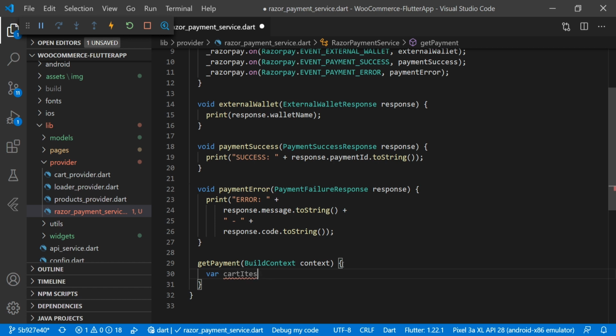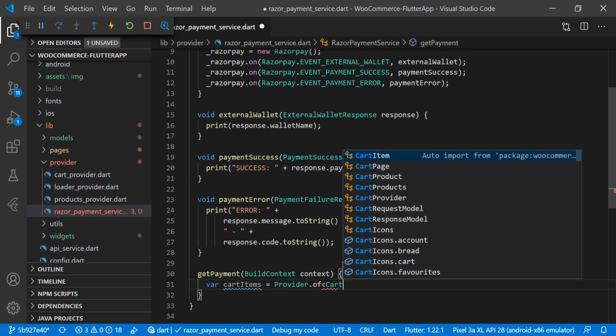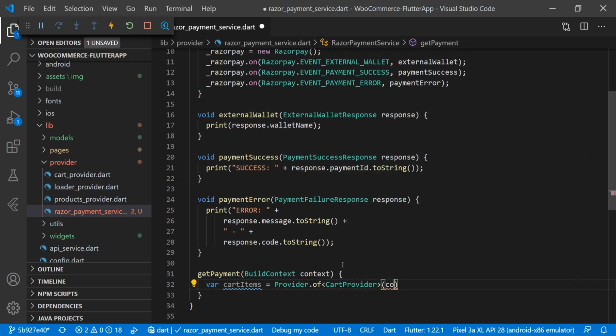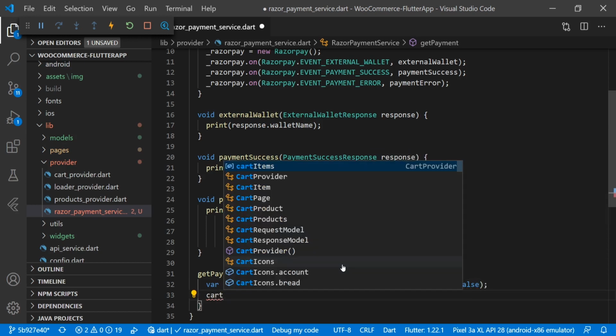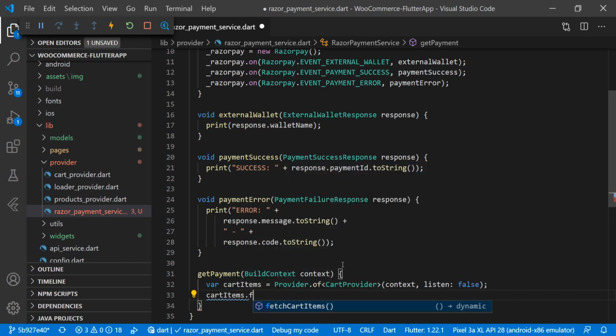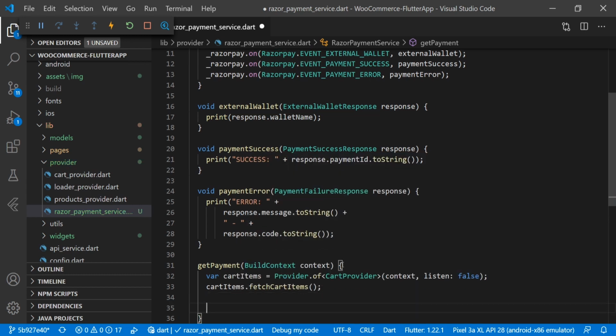Here we will have cartItems equal to Provider.of of CartProvider, passing context with listen false. Then we call cartItems.fetchCartItems.